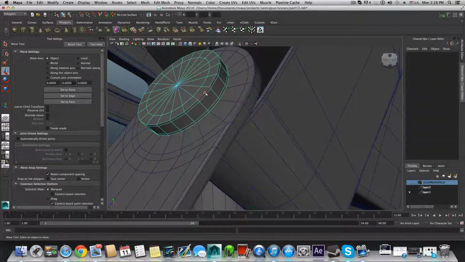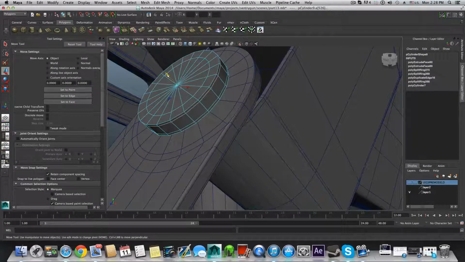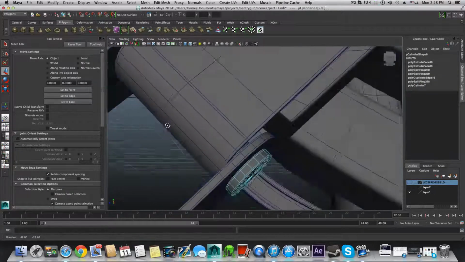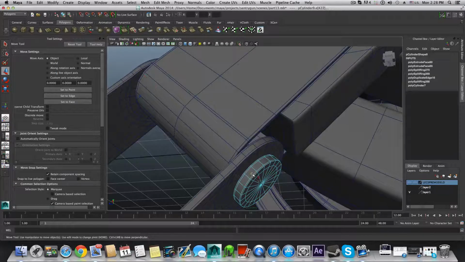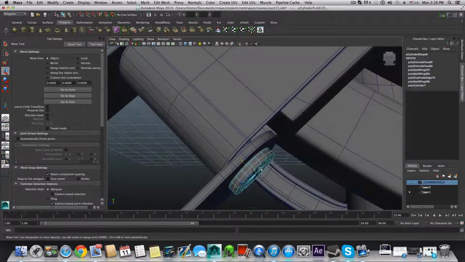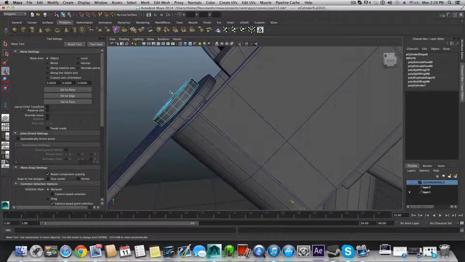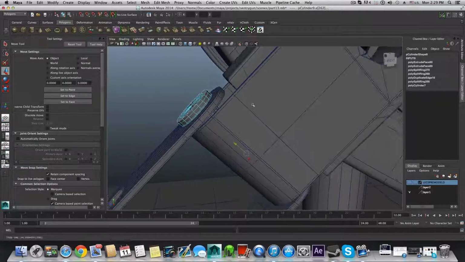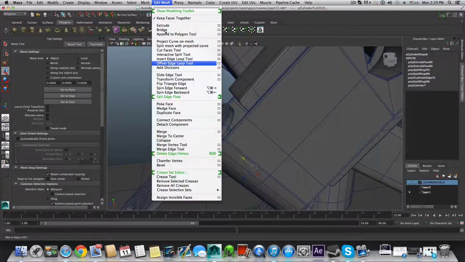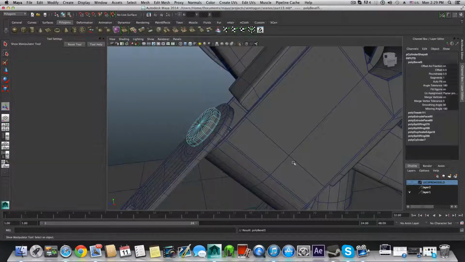Also, let's click on this one and move it a little bit down here, and let's double click on this one and bring it down like here. Right click, choose edge, double click on this edge, and shift double click on this edge. Edit mesh, bevel, leave it as it is,